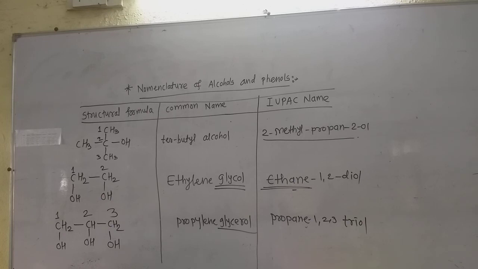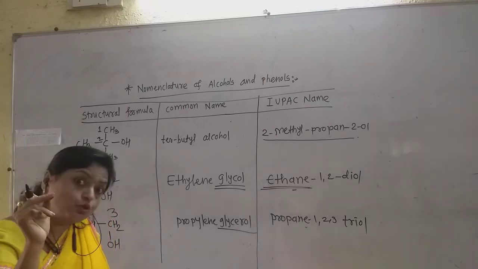Now this is propane. So the parent alkane propane is written completely, and then write down the numbers to which the OH groups are attached. The numbers are 1, 2, 3, and as it is a triol, write the word triol. But if these OH groups are not on continuous carbon atoms, still give the number of those carbons which have the OH group. But numbering is done from that side in which the OH group is nearest.